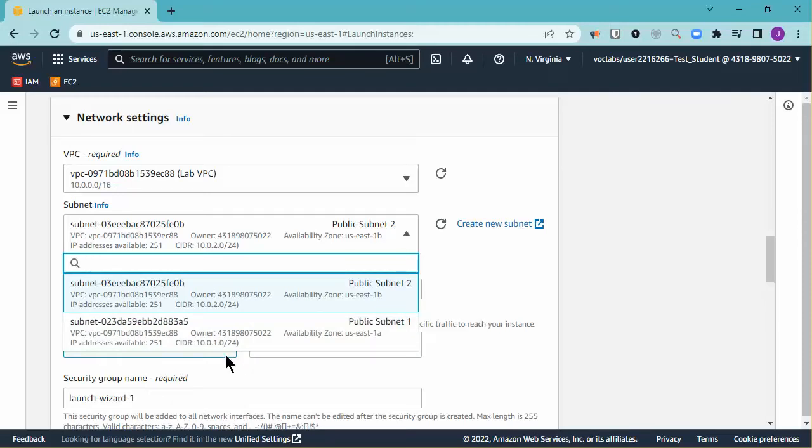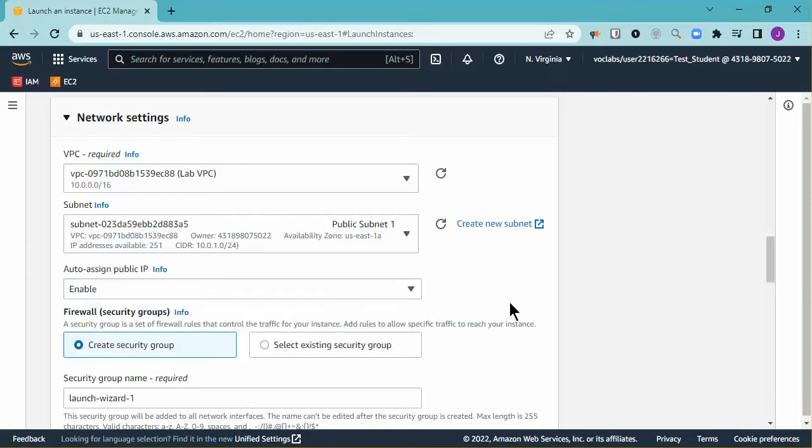Okay, so in this particular case, we have subnet 1, which is located in the same region, which is North Virginia, US East-1. In this case, the A represents the availability zone, and B represents the other availability zone. They're not telling me in which availability zone to place it, so I'm going to place it in A for now. The next thing I need to do is